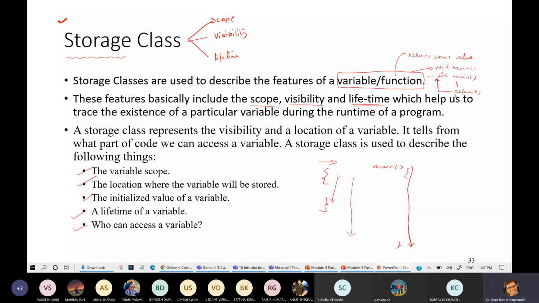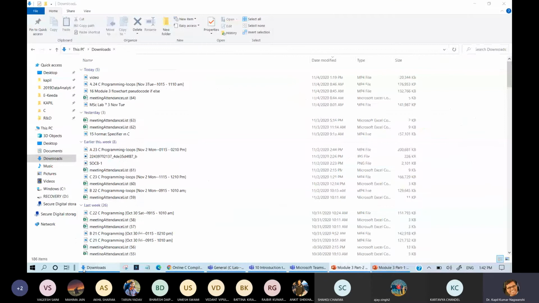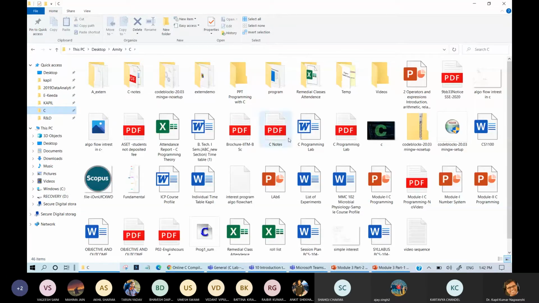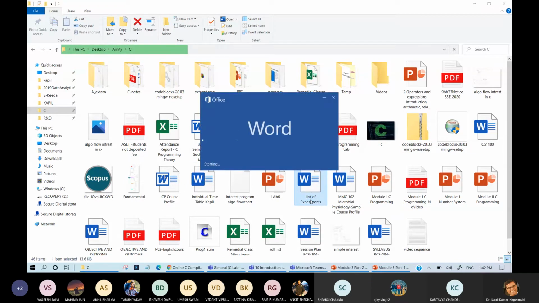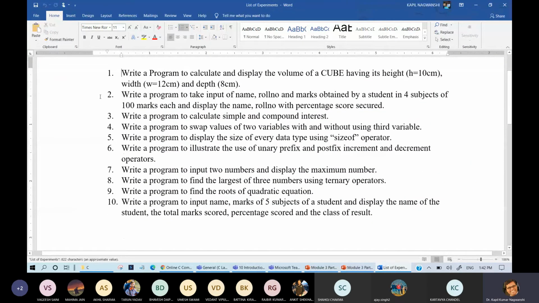Pick the odd number problem. Actually, we are having a sufficient number of students. This is our problem.